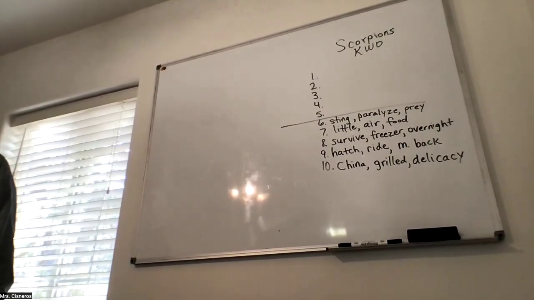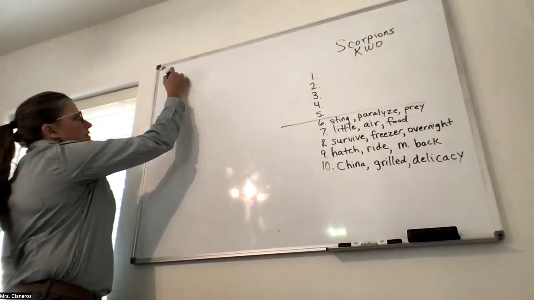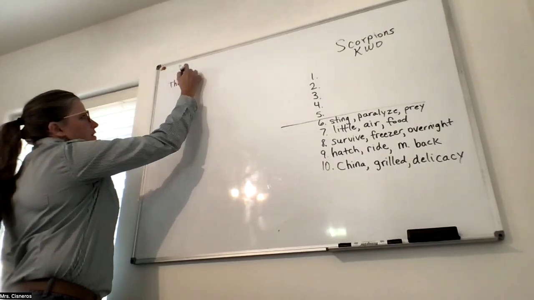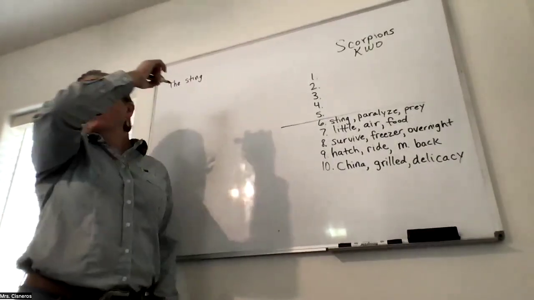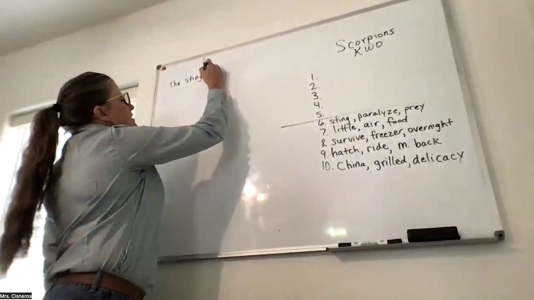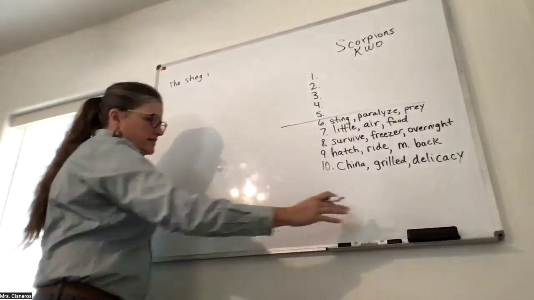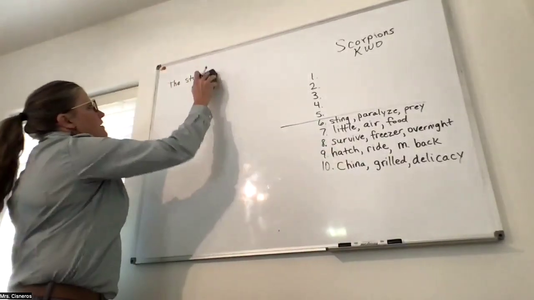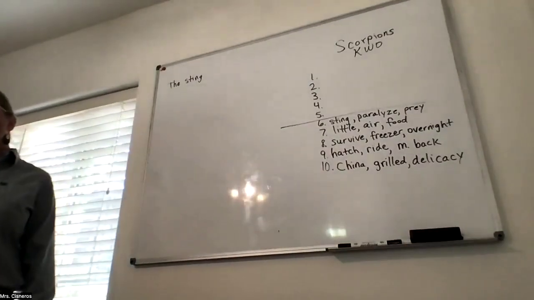Delilah? Yes, you can. Okay. And what is your sentence? Scorpions have a barbed tail that can sting to paralyze their prey. Okay, good. You can add all that too. Anybody else have a different one? Brady? Scorpions' powerful sting can paralyze any prey. Good. I like that word, powerful. That's a good one, actually.